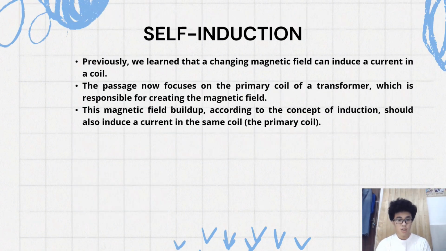Self-induction. Previously, we learned that a changing magnetic field can induce a current in a coil. The passage now focuses on the primary coil of a transformer, which is responsible for creating the magnetic field. This magnetic field building up, according to the concept of induction, should also induce a current in the same coil,